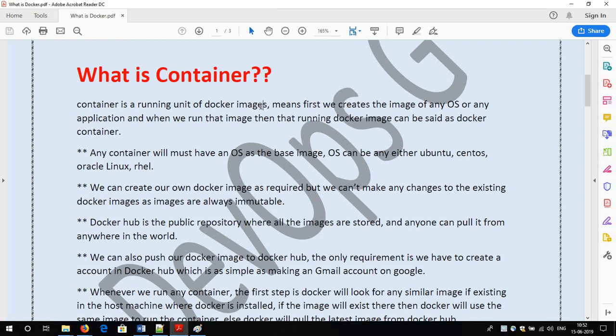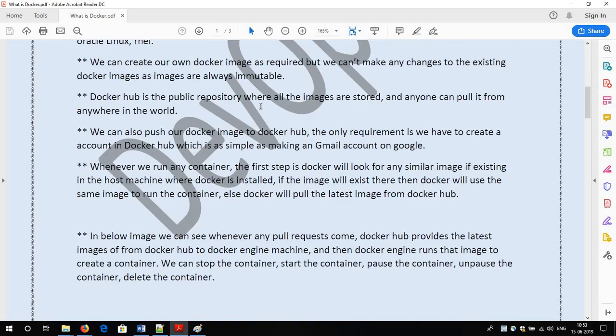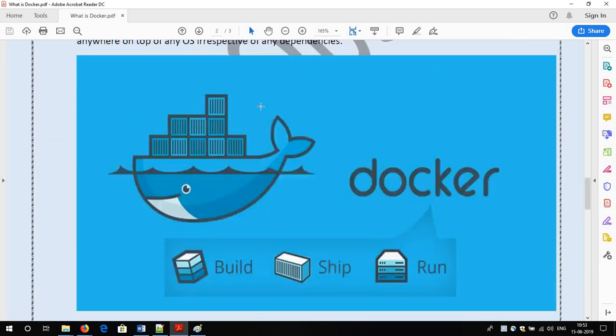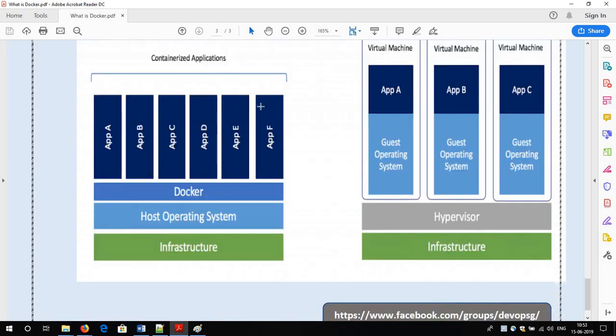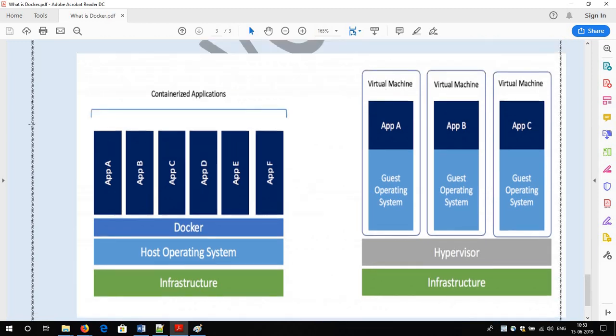Suppose you take any operating system, Windows or Linux or any other. In terms of Docker, let me explain with the figure. Again I am coming to the same scenario, same picture. On top of the hypervisor, the first process is to provision a virtual machine.